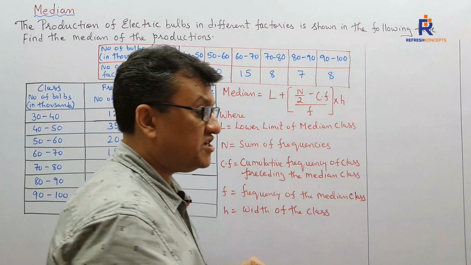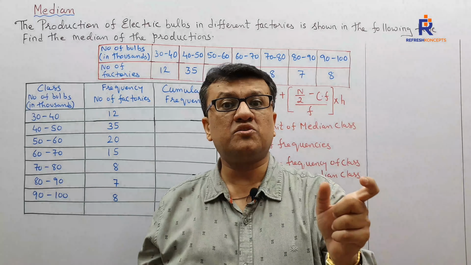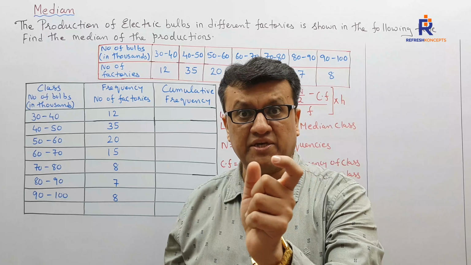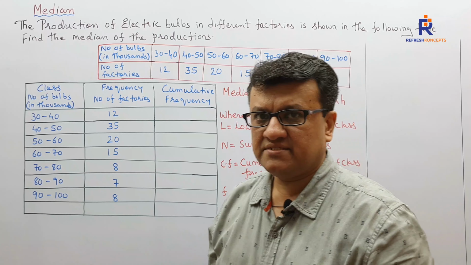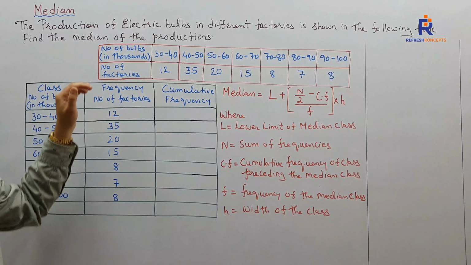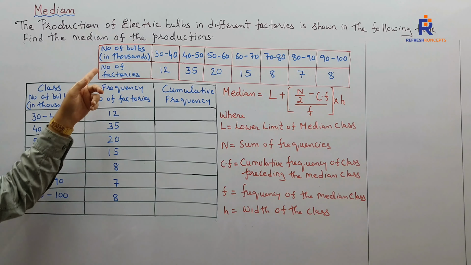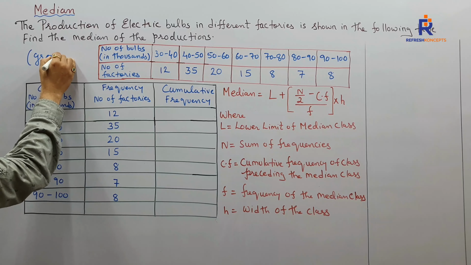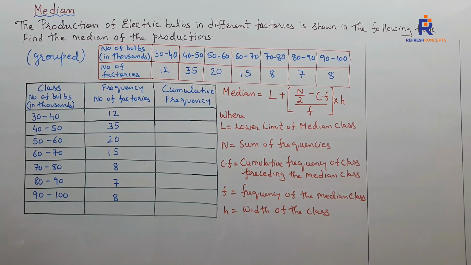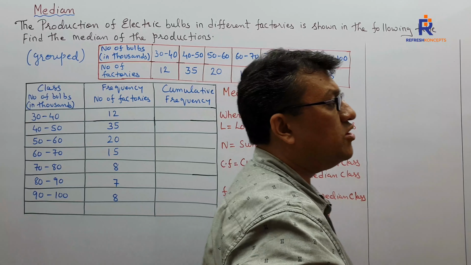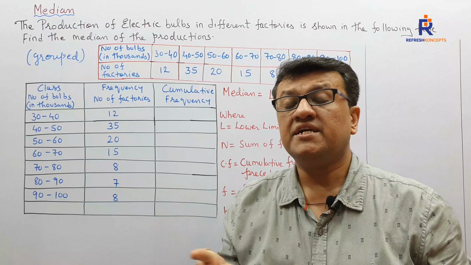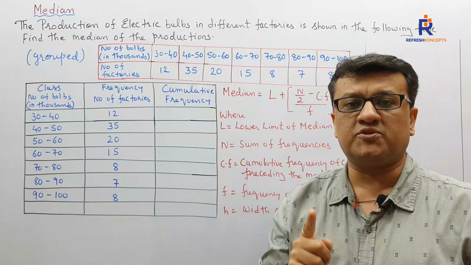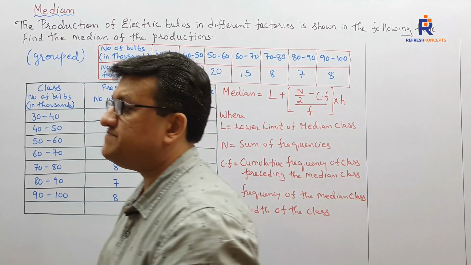But before that, what is the definition of median? Median is nothing but the measure of the middle value of the raw data which is given to us. So here also, what kind of raw data we have? We have grouped data. Ungrouped is what we have learnt in lower classes. This is what we are going for, grouped. Mean also we went for grouped, median also grouped, and in the next video, we'll be seeing mode also, that shall also be for grouped raw data.